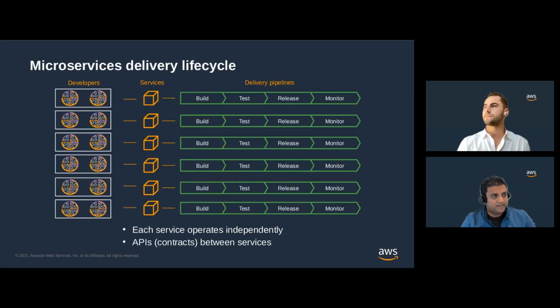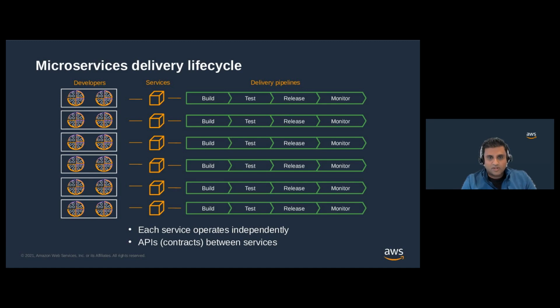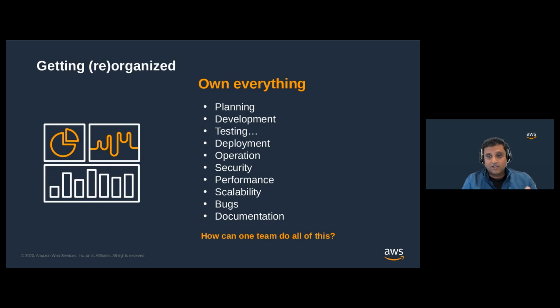Hey, thank you, Serge. Before diving into the microservices delivery lifecycle, let's quickly touch upon the monolith one more time. With monolith, basically, there's only one single pipeline. One developer is holding back other developers, and the entire cycle slows down. Like Serge mentioned already, there are benefits of getting reorganized. And when the application architecture and the teams are organized to run at scale independently, this is what your delivery lifecycle looks like. Multiple two pizza teams on the left side deliver updates